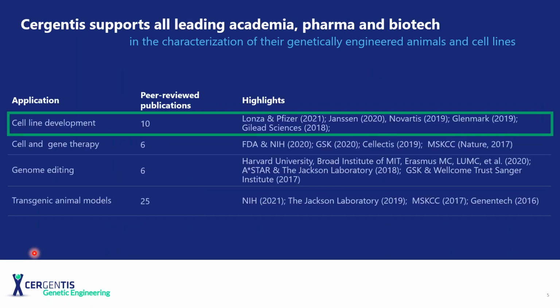And because TLA has shown to be accurate and versatile, the technology has received a wide endorsement in recent literature, and not only in academic research, but mainly by pharma and biotech companies. And for the specific application of cell line development, we already have 10 peer-reviewed publications. But if you consider all the other different applications like cell therapy, genome editing, or transgenic animal models, then we